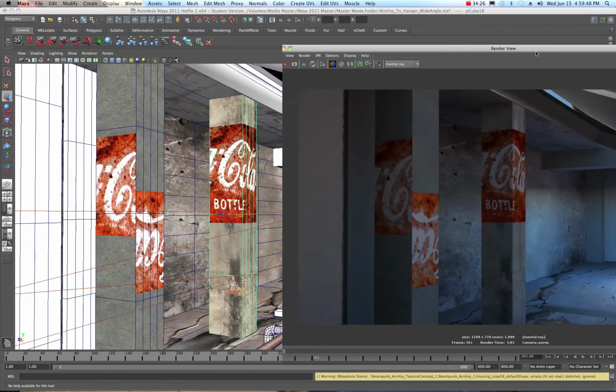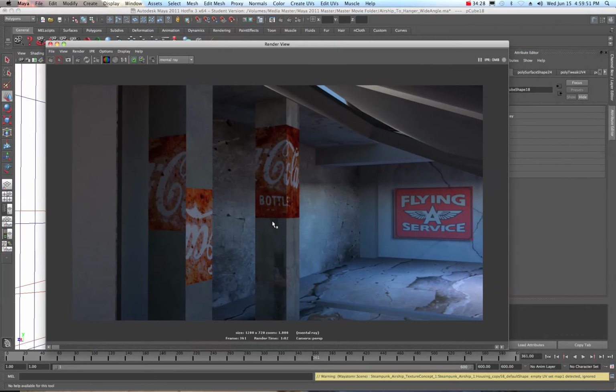So, okay, our render's done. There it is. You can see it. And there was what we had before. And I can see that I've got my texture on there, and it's looking kind of the way I want it to look. Now, you'll